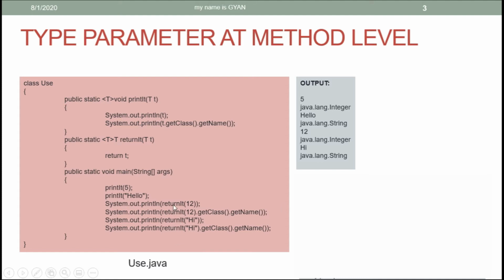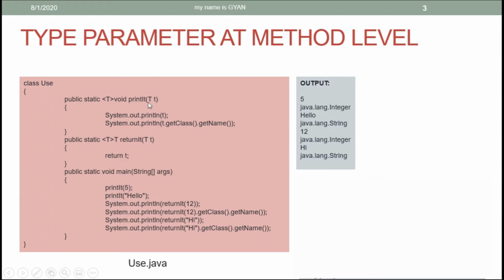But similar to generic classes, for the JVM, this capital T is of type java.lang.Object, whose reference variable small t can store a reference of any object in Java. So ultimately, small t is a reference variable of type java.lang.Object because capital T is of type java.lang.Object. But what is the proof that for the JVM, the capital T is of type java.lang.Object? What is the proof for that?